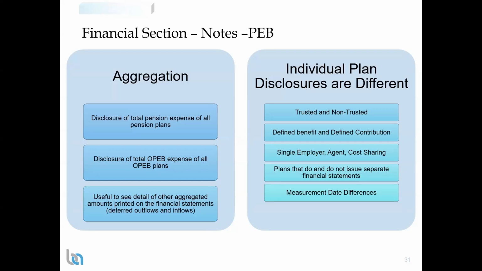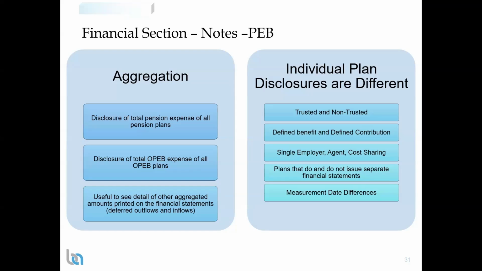However, you're not required to disclose the total net pension liabilities or the total OPEB liabilities in aggregation. However, we recommend having a table that summarizes the amounts for each plan, and then a total. It's quite easy. It helps the review as well when you're trying to tie out the numbers. The column on the right here is talking about